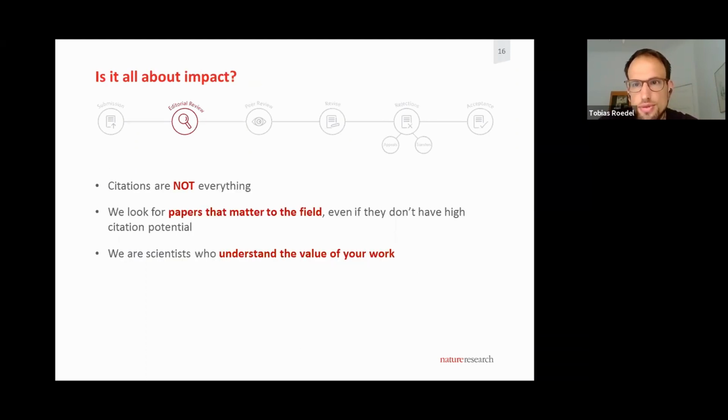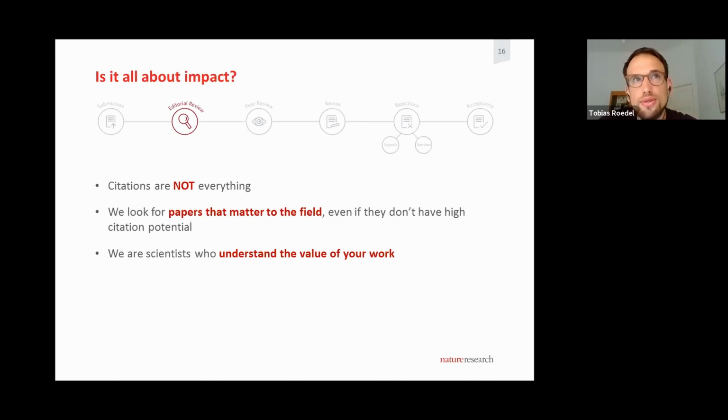And then the question which was just asked, which is a very good one, is it all about impact? And then the immediate question is, how do you measure impact? So no, citations are not everything, because if this were the case, we would just publish papers in the largest communities, because the more researchers are working in a community, the more citations you get. I don't deny that citations play a role, because I think there is a very coarse and bad correlation between the importance of results and citations. But this is not the only metric that we use.